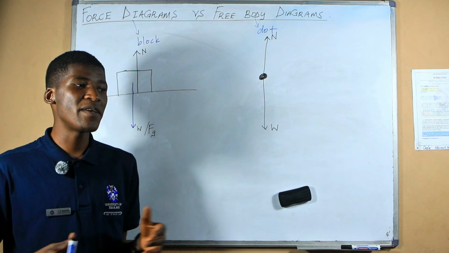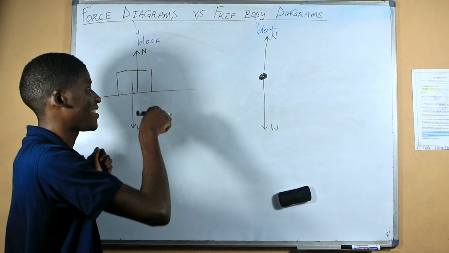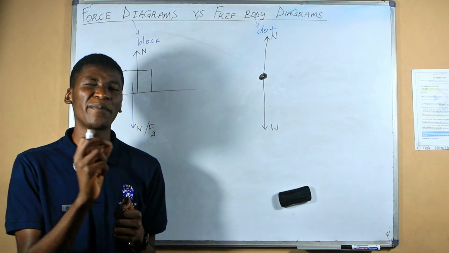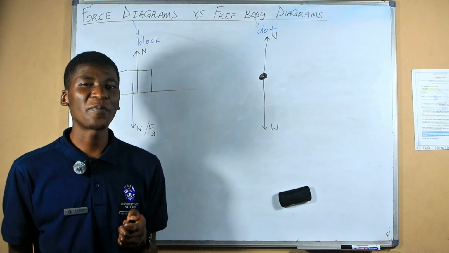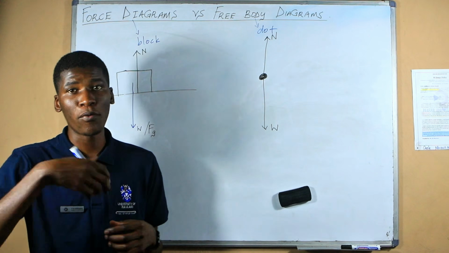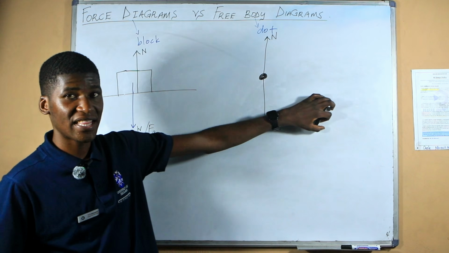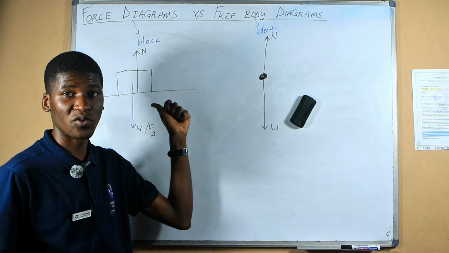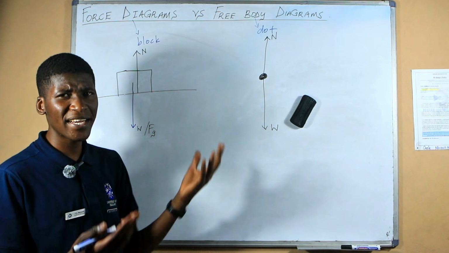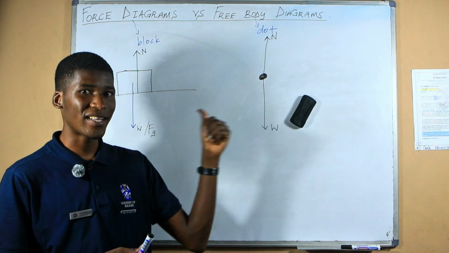So for example, if I want to apply a new force on this object, let me just say I start pulling my object to the right. Remember guys, a force is just a push or a pull on an object. So if I apply a force, it simply means that I'm pushing or pulling the object. Just like this wrapper here, when I'm pulling it towards the left, it's experiencing a force, or we can say that a force is exerted on it towards the left.